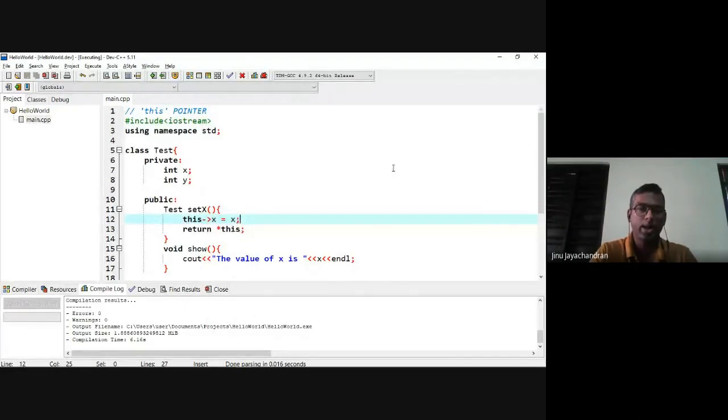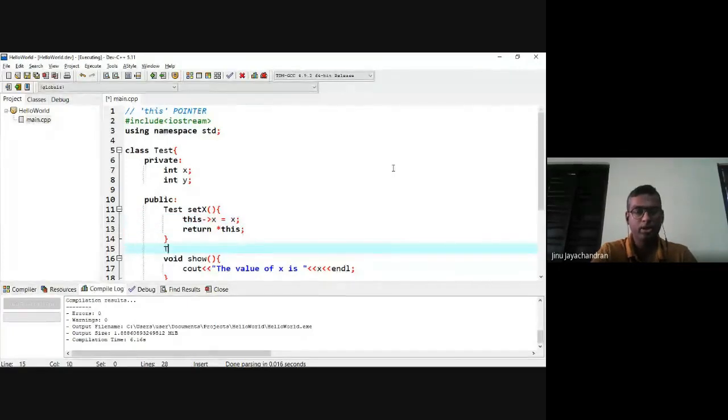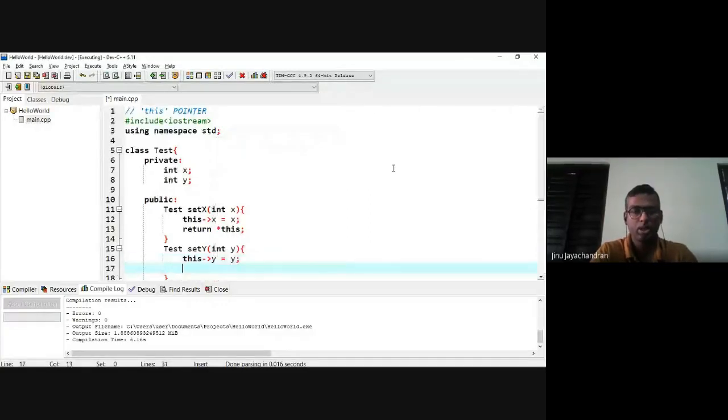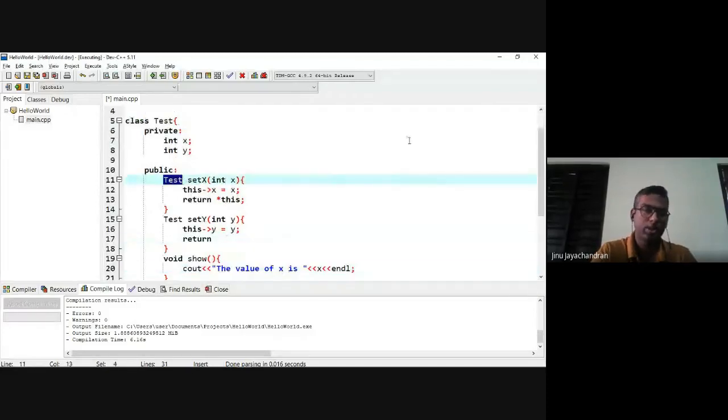And I have another function called setY, in which I am setting the value of y using this. So I can say int y here, this->y is equal to y. And let me not return this one so that we'll see how that is happening. So let's say I'm returning void.